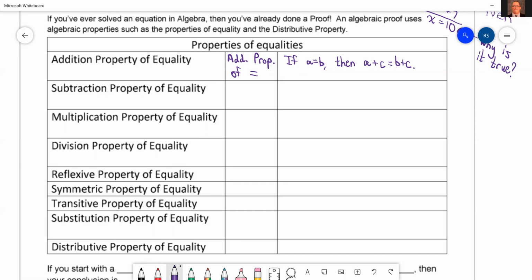So for subtraction, we're not going to put that thick of an S. For subtraction, make sure you put a T there. That way I know it's subtraction. If you just put sub, well, look down the list. We have a sub there and a sub there. Which sub are you talking about? So make sure you put that,